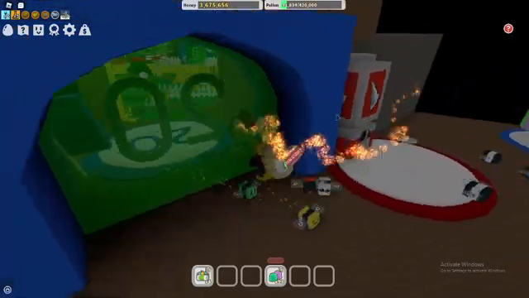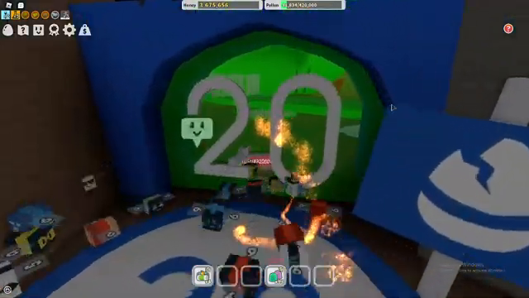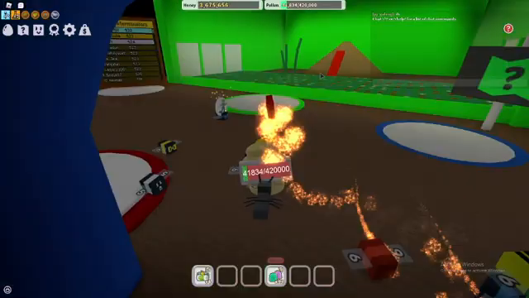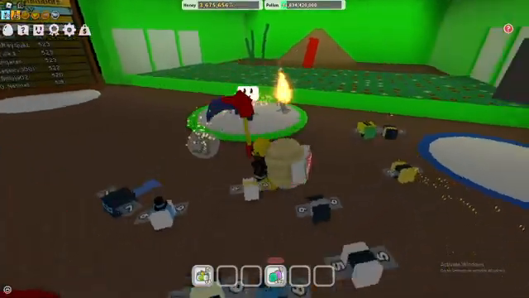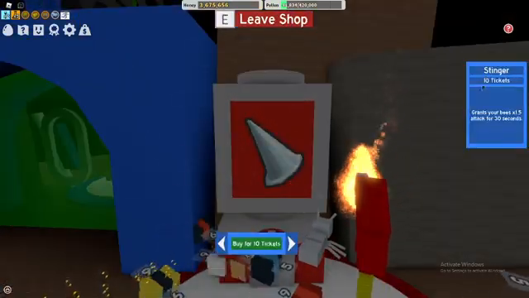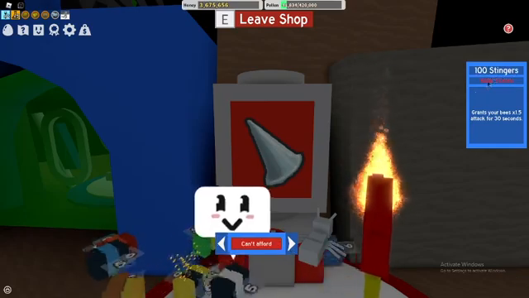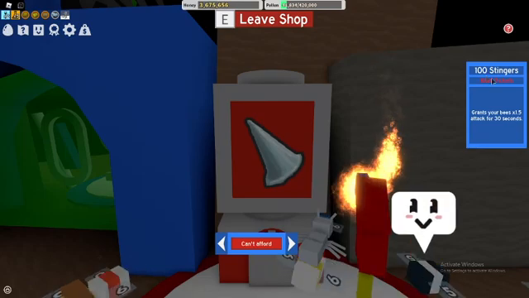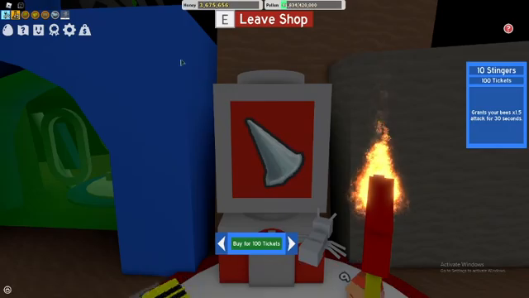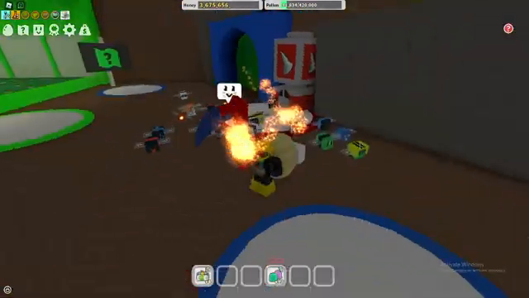Now, not a lot of people know about this, but some people do. If you go into here, the 20B ant area, where you get your ant pass, you can go over here and get 1 stinger for 10 tickets. And if you get 1,000 tickets, you can get 100 stingers. Now, I know tickets aren't that easy to get, so, in my opinion, the best way to do it is to